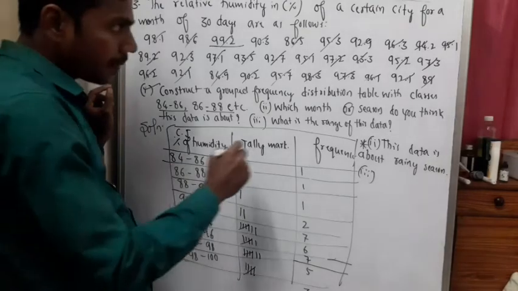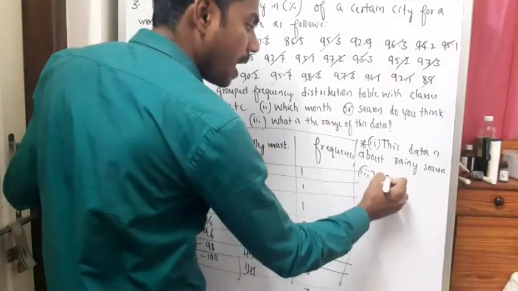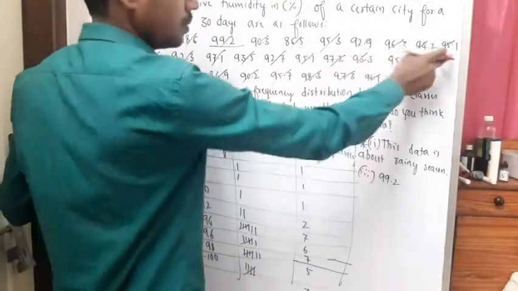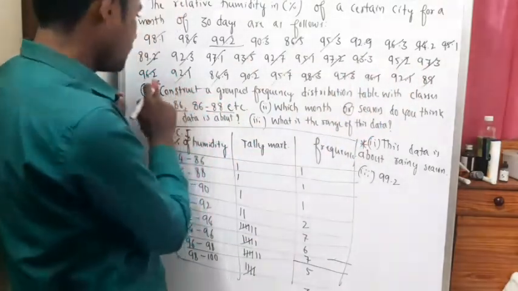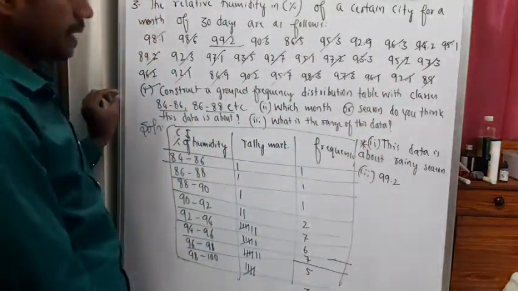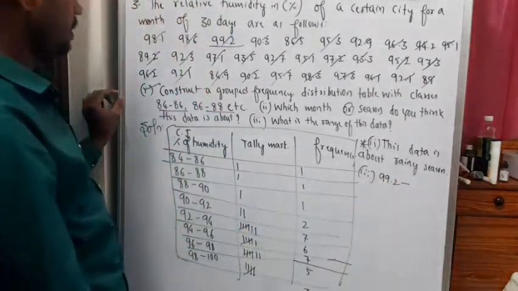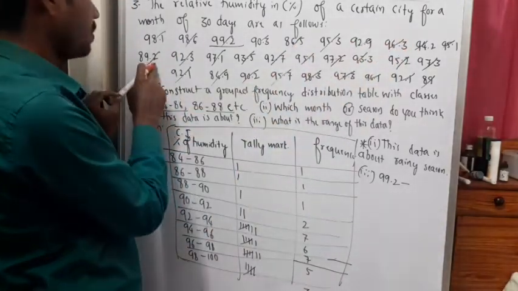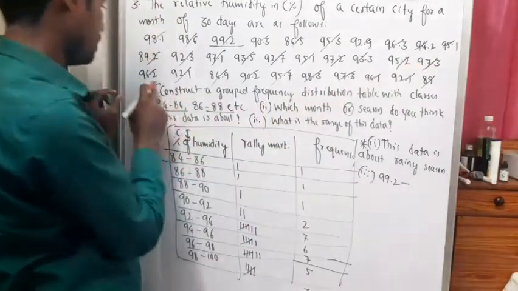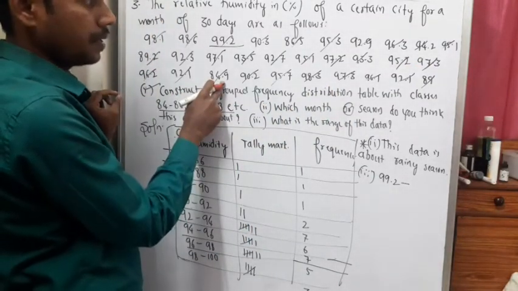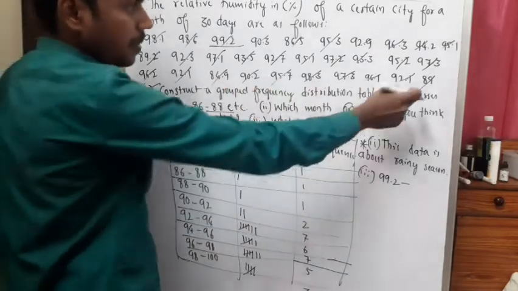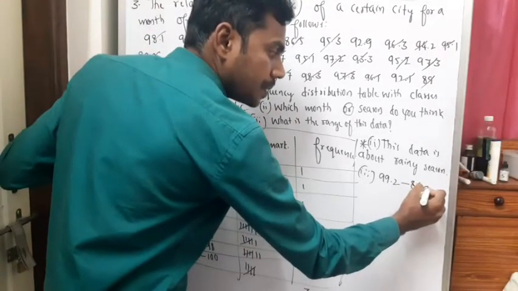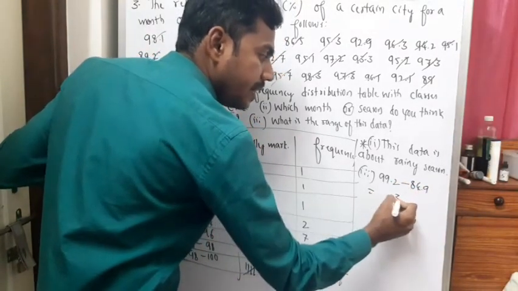So maximum is 99.2. Apart from this, do you have anything in the range of 99? So when we check, only 99.2 is there. Minus what is minimum? Minimum is in 80s, you should check. So 86 is here. So 89 is here. Apart from that, 84 is there. 84.2 is the minimum because 89 is there, 86 is there. 84.9.